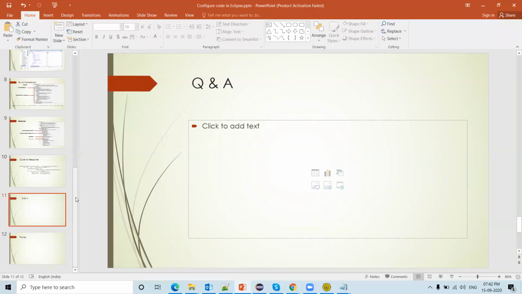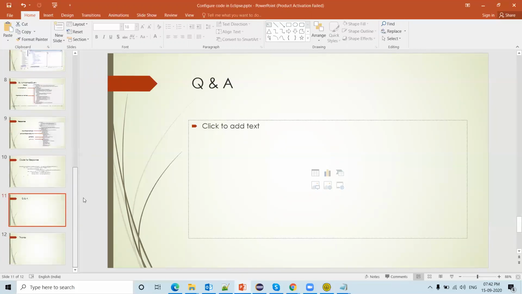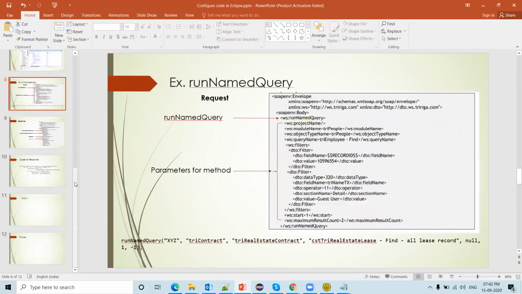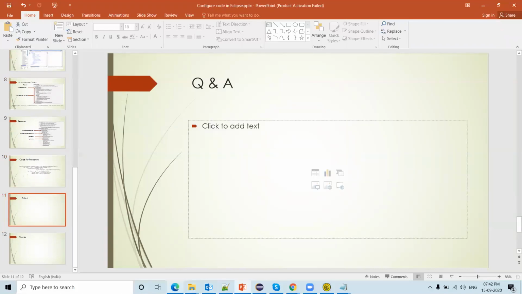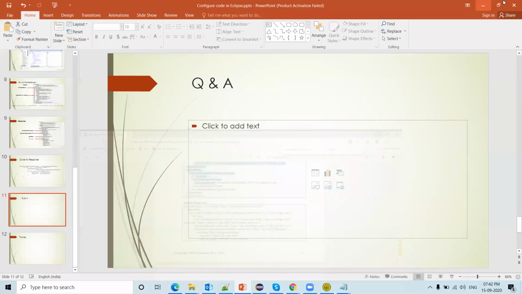If anyone has a question on the Java code configuration, for the code part you have to practice it based on this request and response PDF. So tomorrow we'll do a revision.